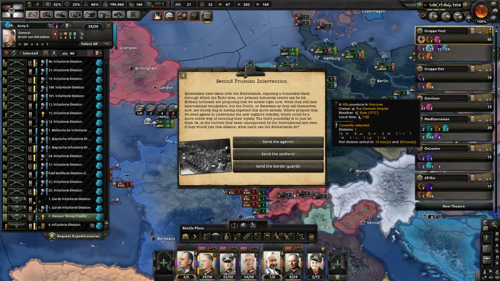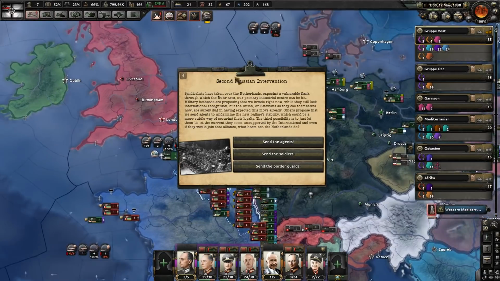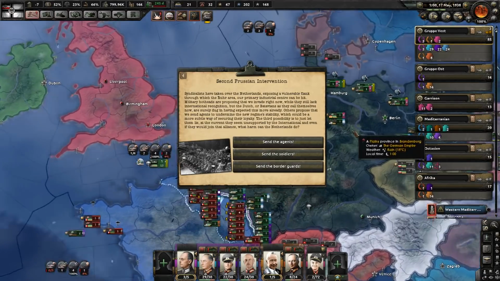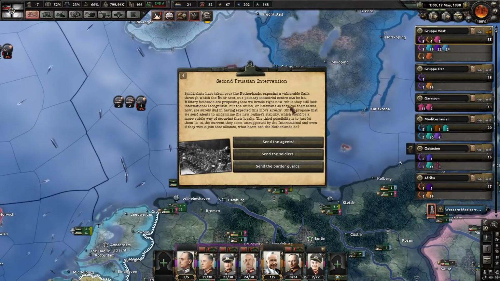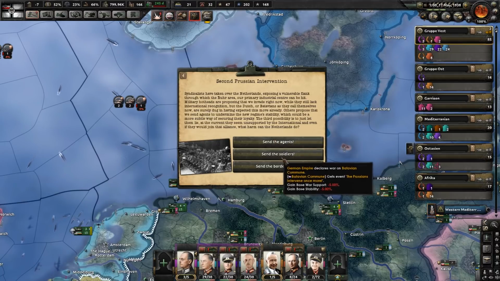Syndicalists have taken over the Netherlands, exposing the vulnerable flank through the Ruhr area. Your primary industrial center can be hit. Military hotheads are proposing we invade right now. Well, they still lack international recognition, but the Dutch, the Batavians, as they call themselves now, are surely dug in and expected to...